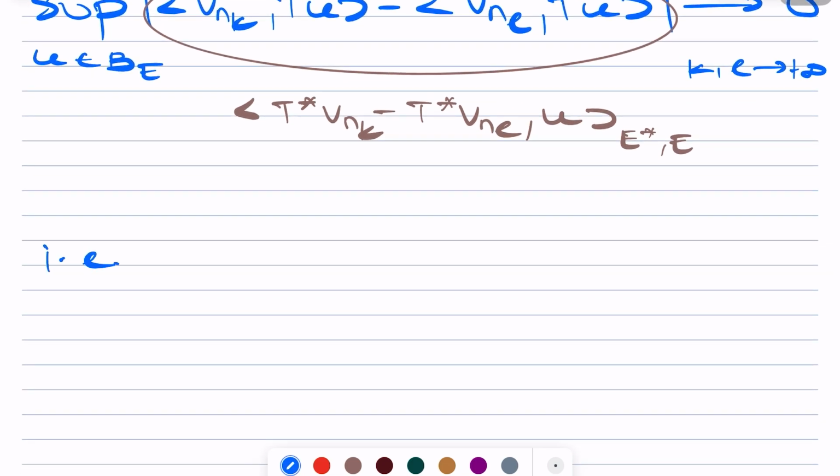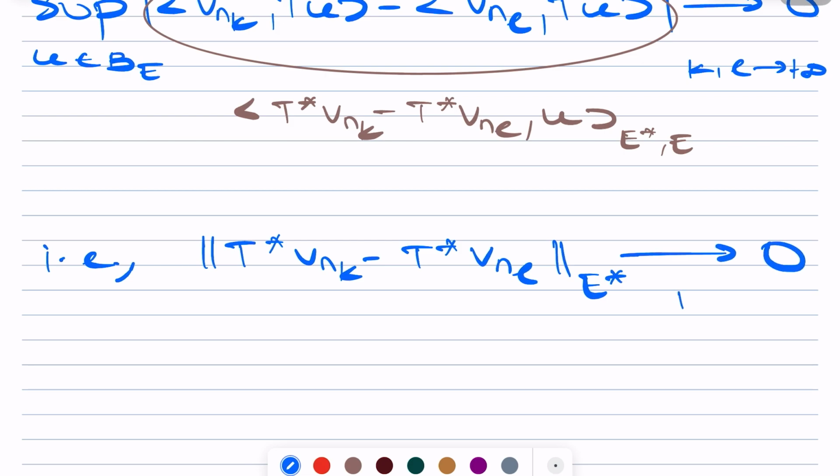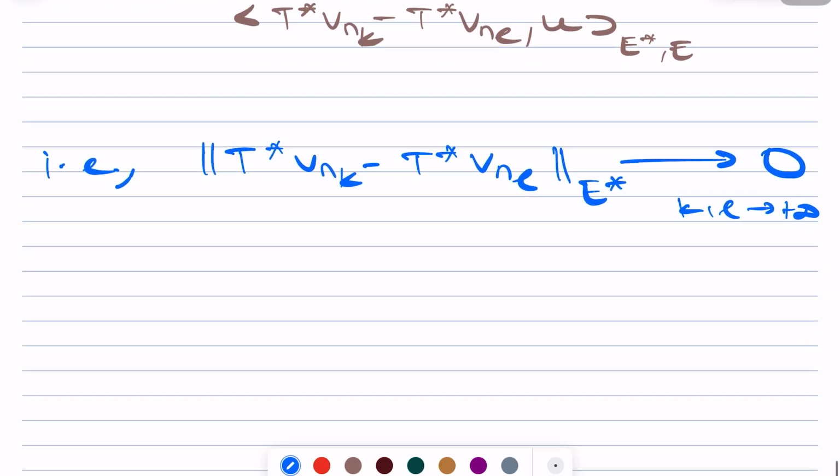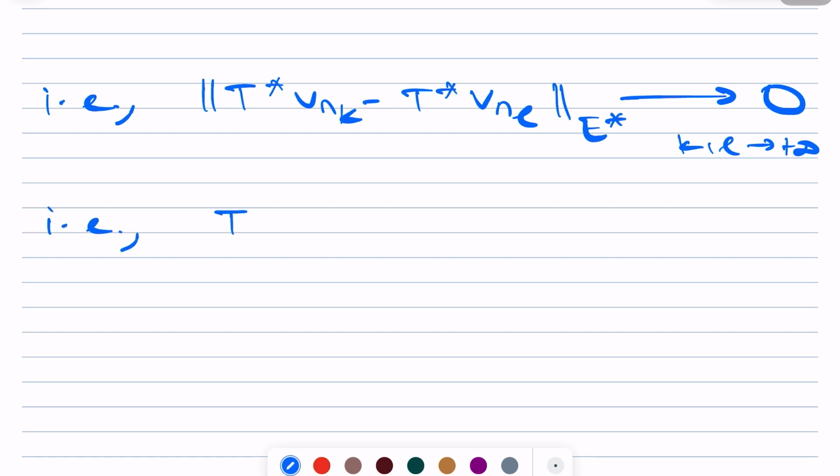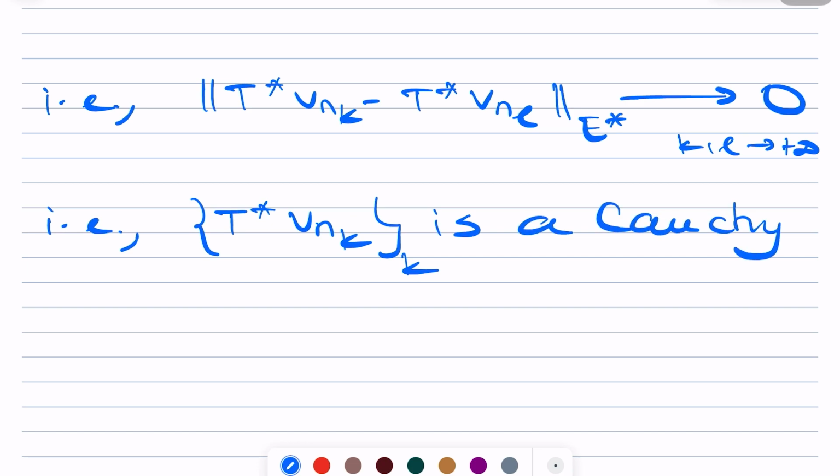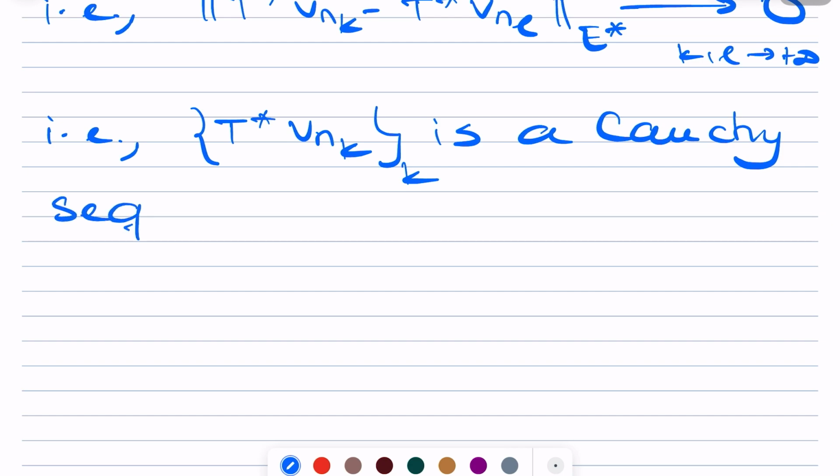So this means that the operator norm of T star vnk minus T star vnl in E star actually goes to 0 as k and l go to plus infinity. So this means that T star vnk is a Cauchy sequence in the dual space E star. But this is actually a Banach space,